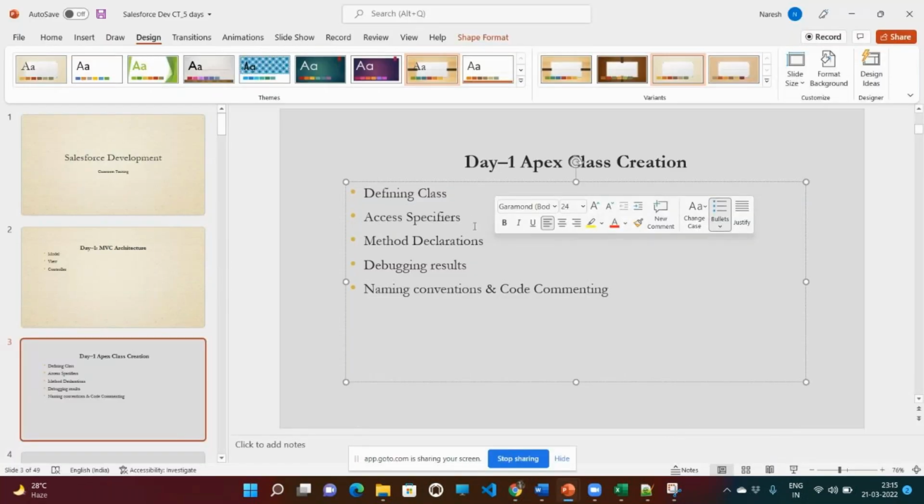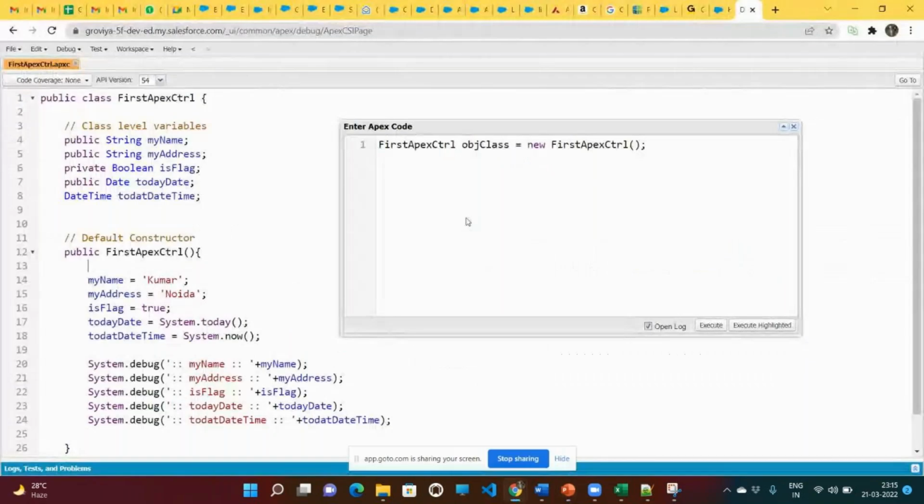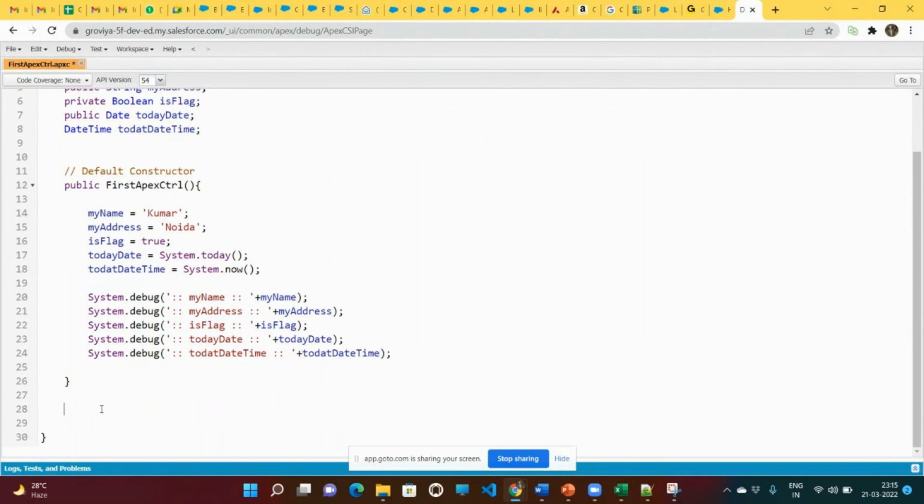Okay, now let's talk about some method declarations. We have also seen the debugging results. After that we'll talk about naming conventions and code commenting. So how we can define the methods here inside this class only. I will declare some methods. As I said, we can declare static and non-static methods inside this class. So let's declare the first non-static method,